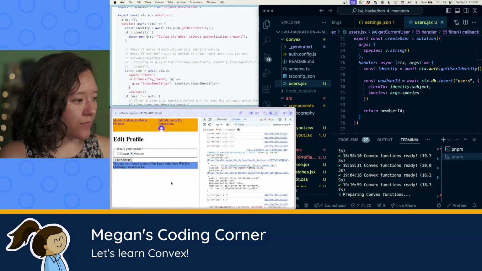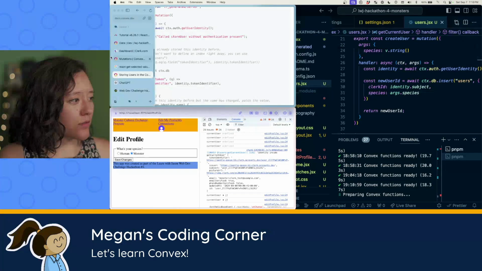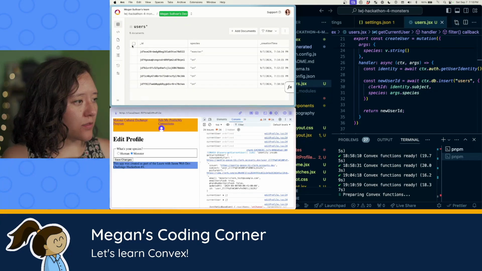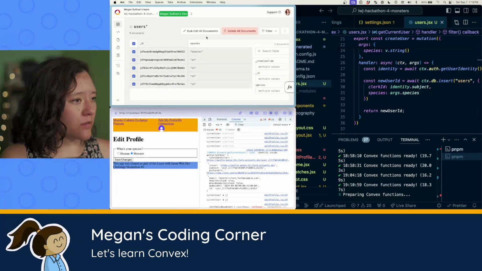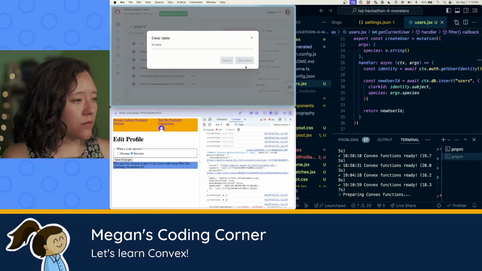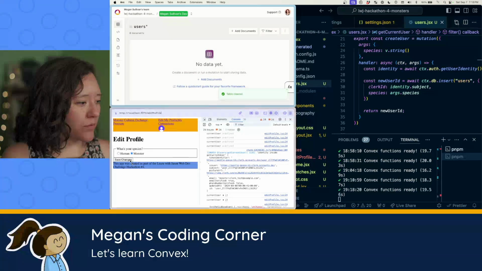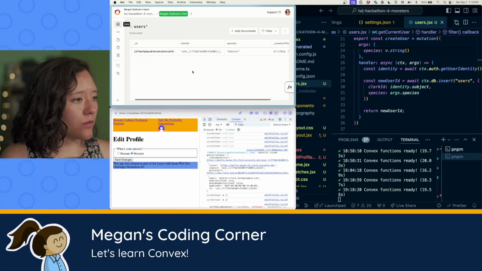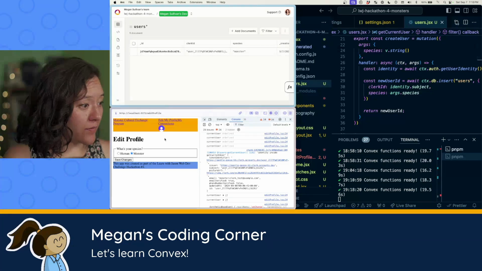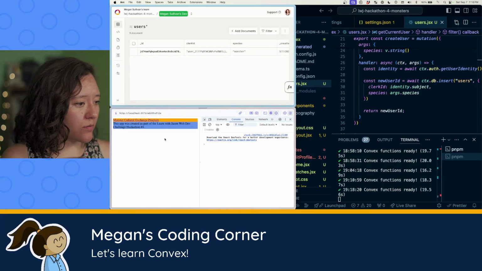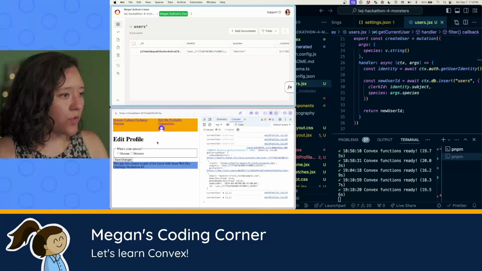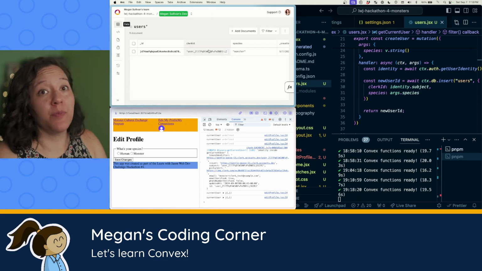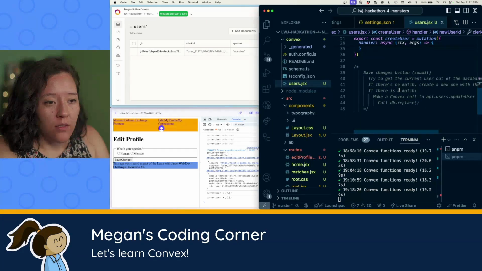All right. So let's go back to our data here. All right, let's delete all of these. Okay, let's try again. So save changes. Okay, cool. Amazing. And so then when I reload this page, okay, so now I need to figure out a way to update this. All right, so let's make